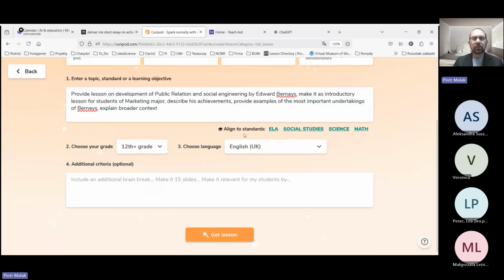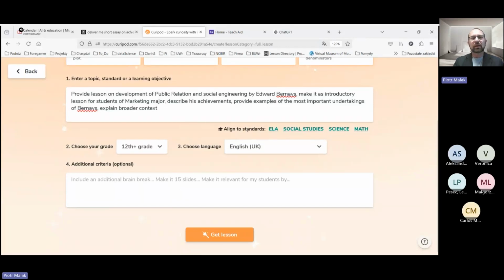Language of classes. We can also choose standards, but I'm not familiar with any of them, so I'm skipping this point because I'm not a professional educator. And additional criteria, which means additional prompts to the system. Here we can define some technical details, as in my presentation. Make it in 10 slides. And my students already know the theory of public relations. We can provide more additional criteria, like provide a quiz or any other self-checking materials at the end,